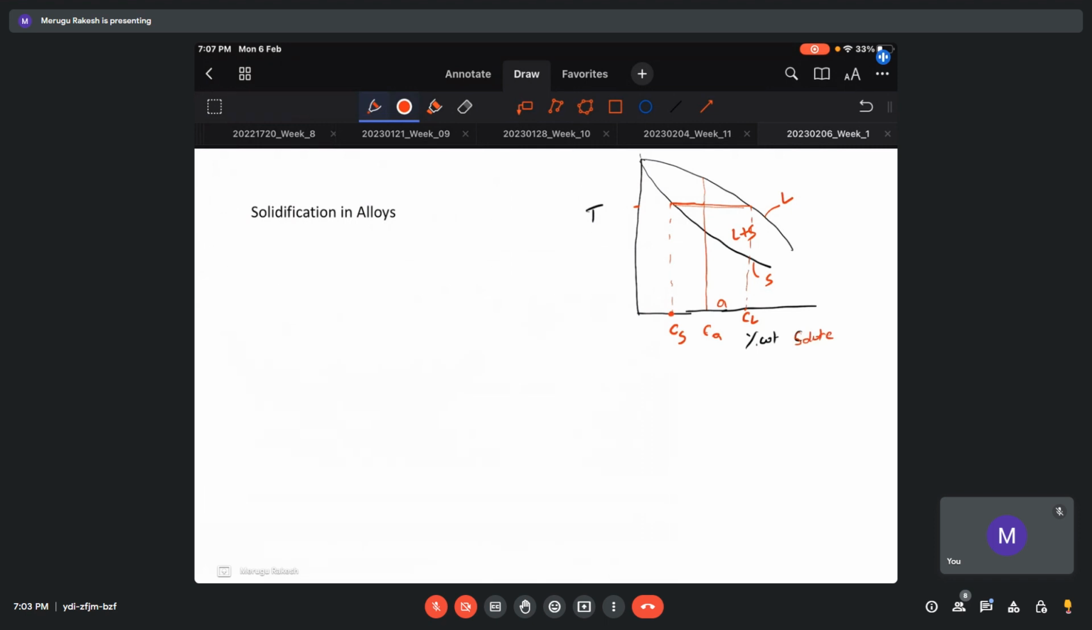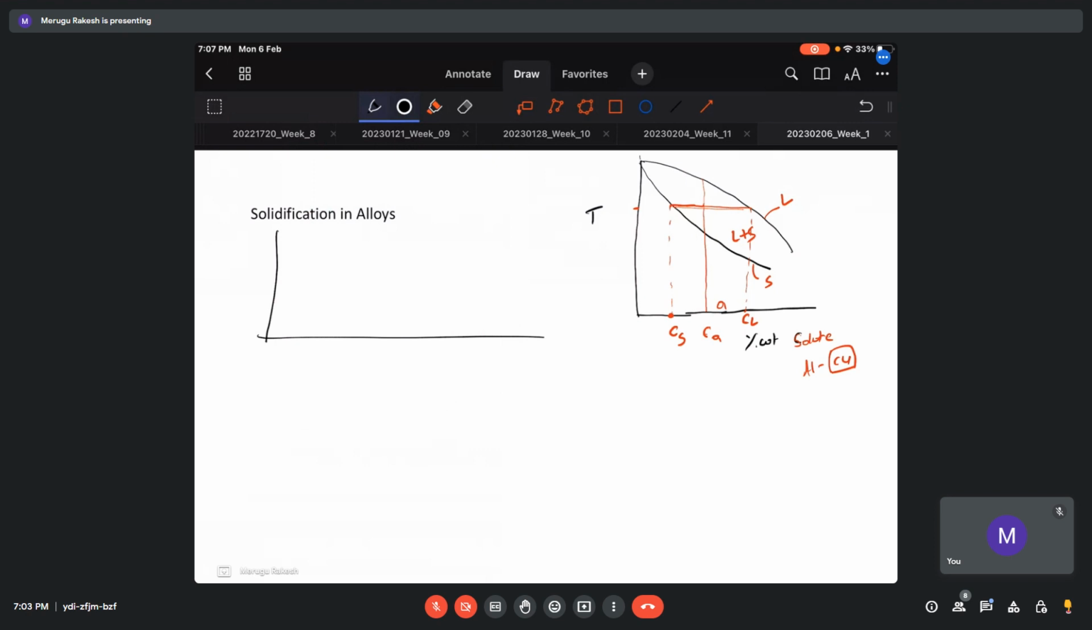Suppose I take aluminum copper, where copper is a solute. This copper, or any solute, will be rejected into the region which is in liquid state, and the solid has a very low solute content. Okay. Now, if I draw a diagram to see this in a nice form,